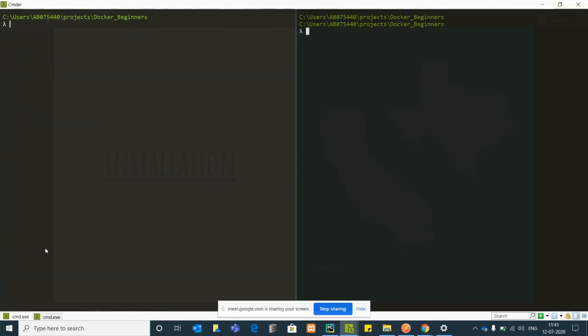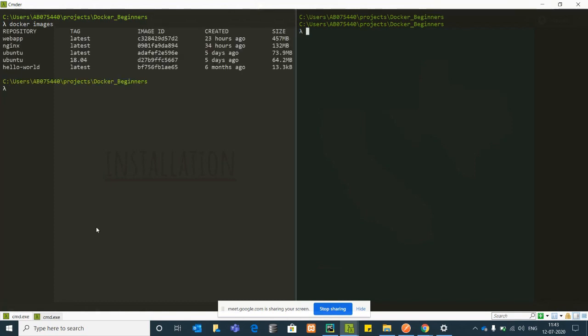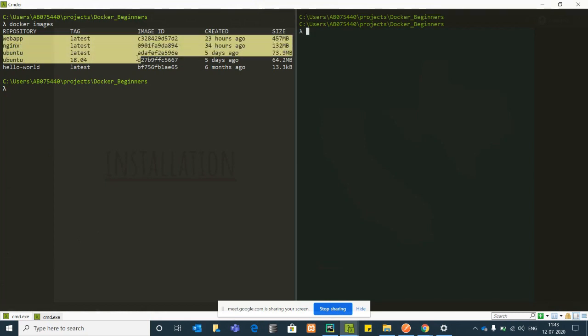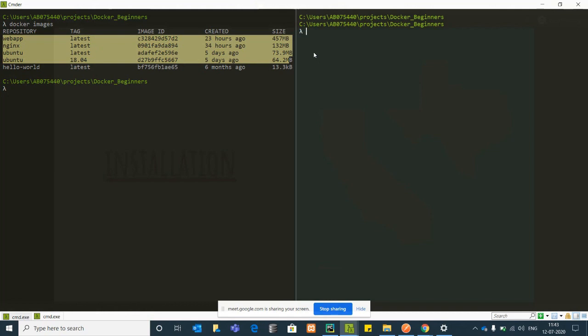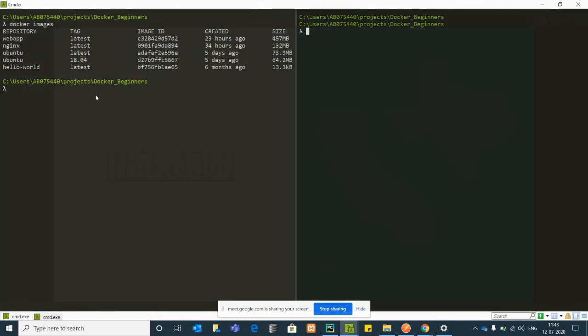Now I want to see these Docker images. Which Docker images are there in my current system? So you can just issue a command as docker images. It will display the images I have now. Forget about these images. I'll do one thing, I'll just remove those images so that there are none.